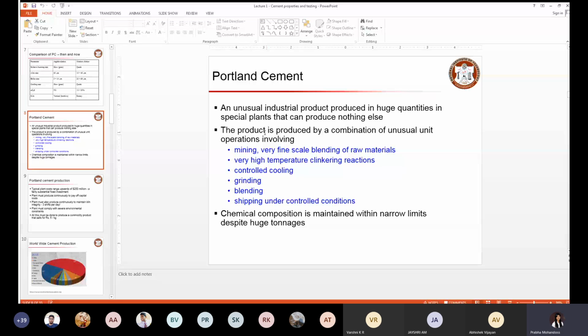So in the manufacturing process, we are going to look in detail at these steps: how the materials are mined, what the clinkering reactions are, why we are cooling the material, and what the need is for grinding and blending. The chemical composition involved is within narrow limits, despite the huge tons, because